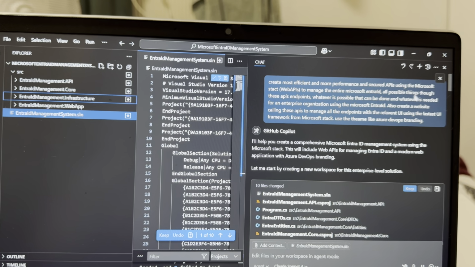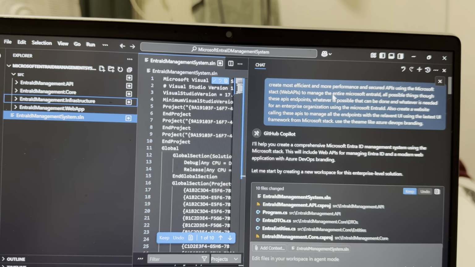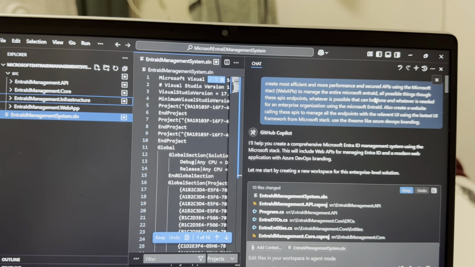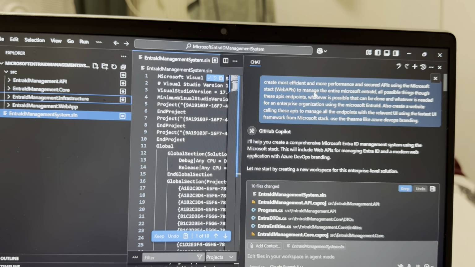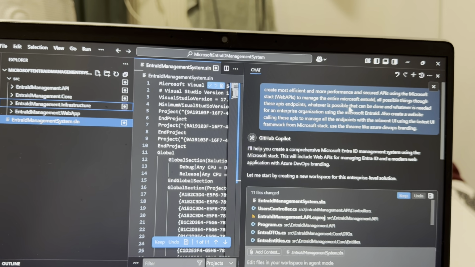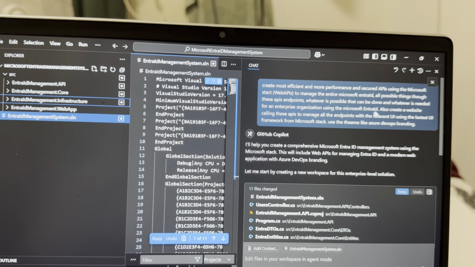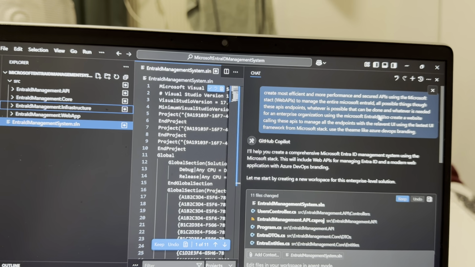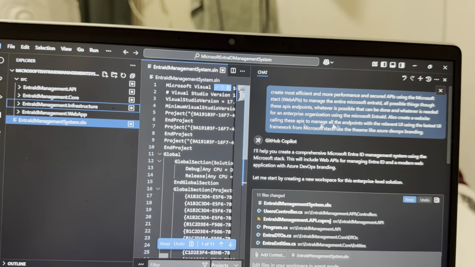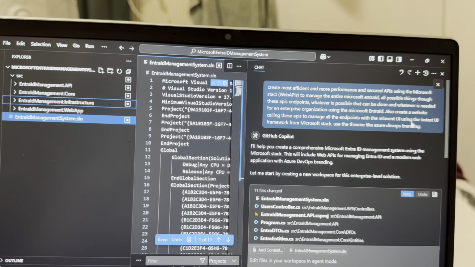I said all possible things through these API endpoints, so that we can manage the entire Microsoft Entra ID, all its features, whatever is possible and whatever is needed for an enterprise organization using Microsoft Entra ID. Also create a website calling these APIs to manage all the endpoints with the relevant UI